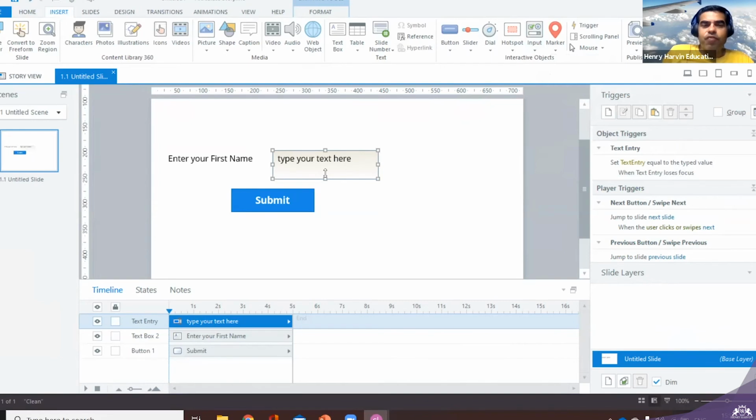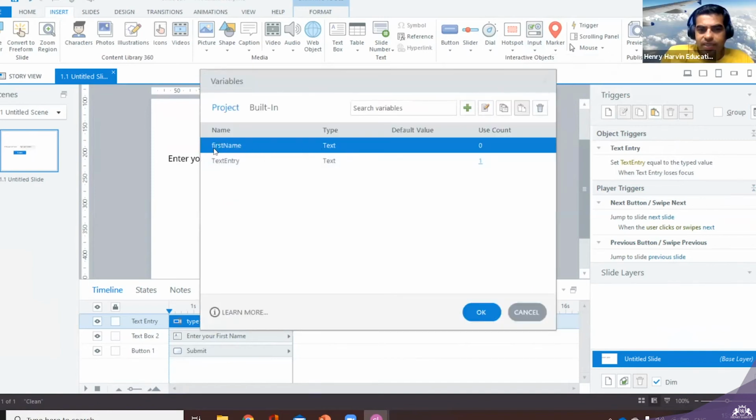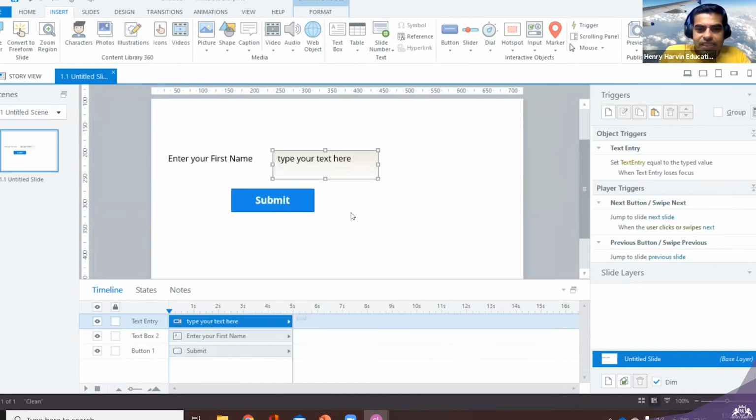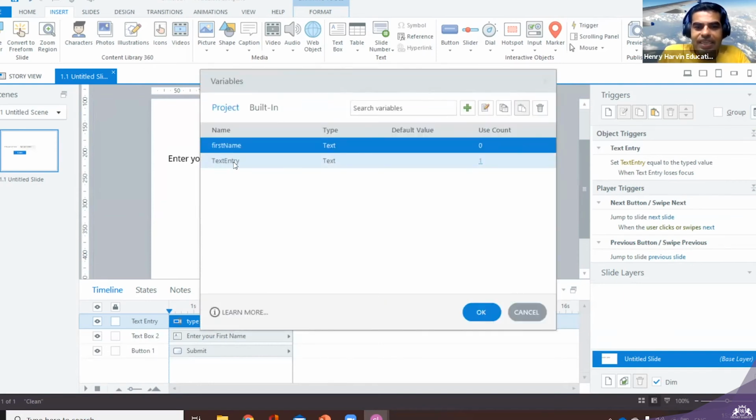But we have to connect whatever the person is going to type here, and it will be stored in this one. Okay. Then why do we require to create a variable? We can directly create a text entry, right? Very good. Now the text entry has a very good option. By default, any text entry you create will be saved as a variable. See, this text entry is name. If you go into the variable, by default, it's created.